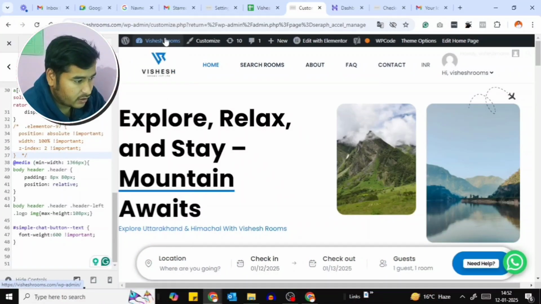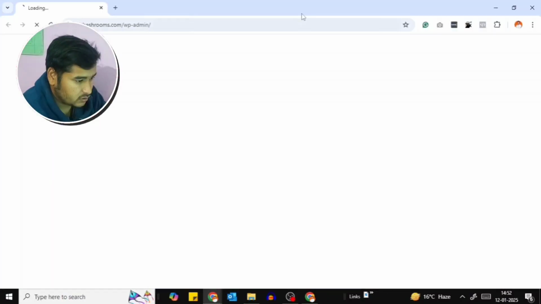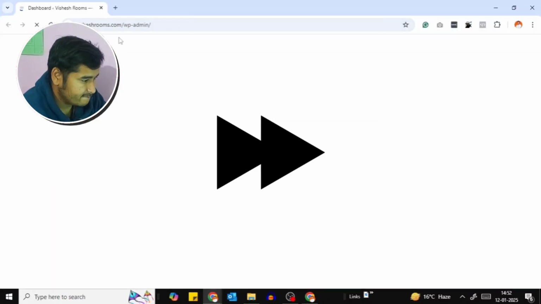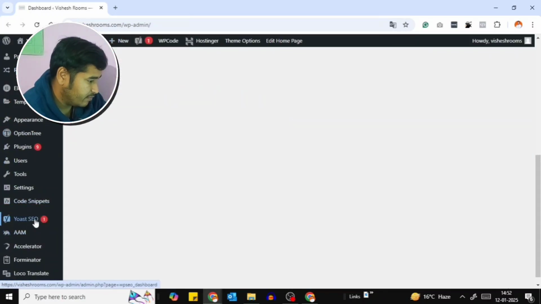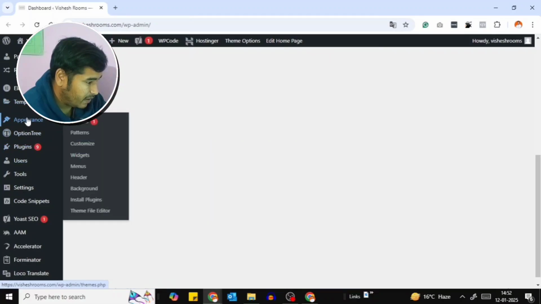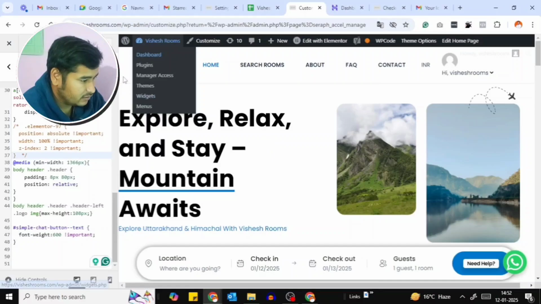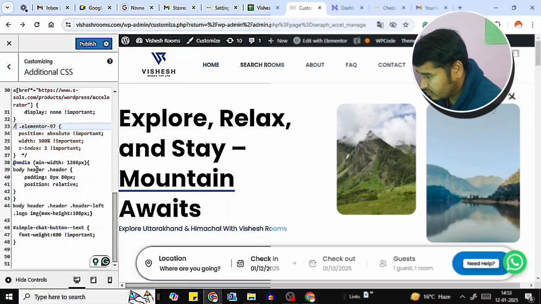What you have to do for it is, on your website, go to the dashboard. Let me show you. When you are on your live website's backend area, you would have the option of Appearance, and from there you can go to Customize, and then this box would appear. You would just place this class here. Because I have already placed it here, I am just removing the comment.